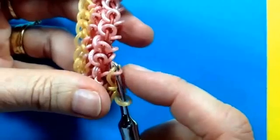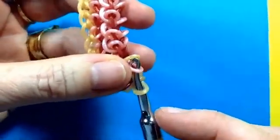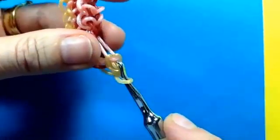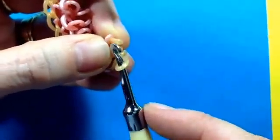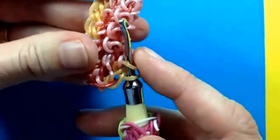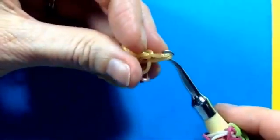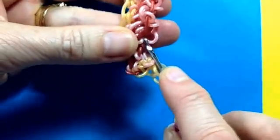So this is the fiddly bit. It's getting it under. If you're not sure that you can get it through, you can just turn it over to pull it through. It just means you have to then take your hook out and turn it back again. So if you're having real trouble getting that pulled through the second time,